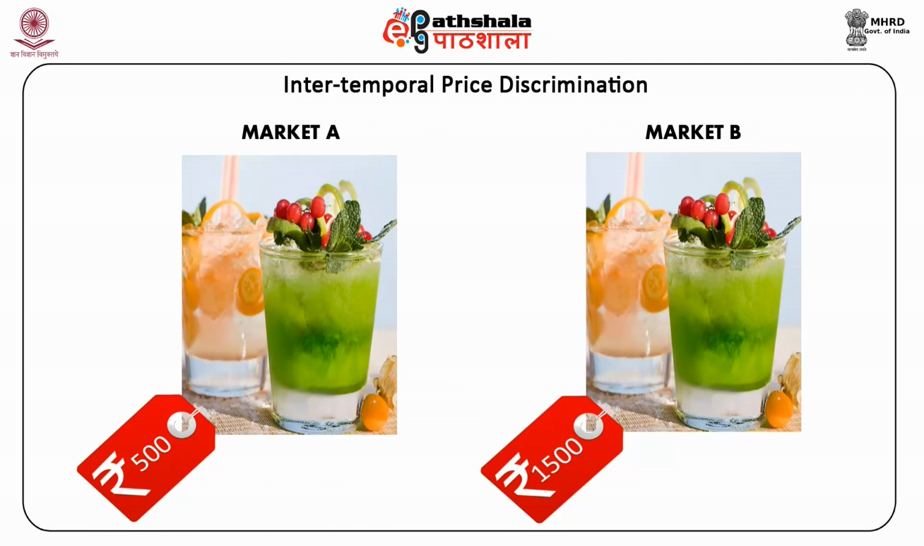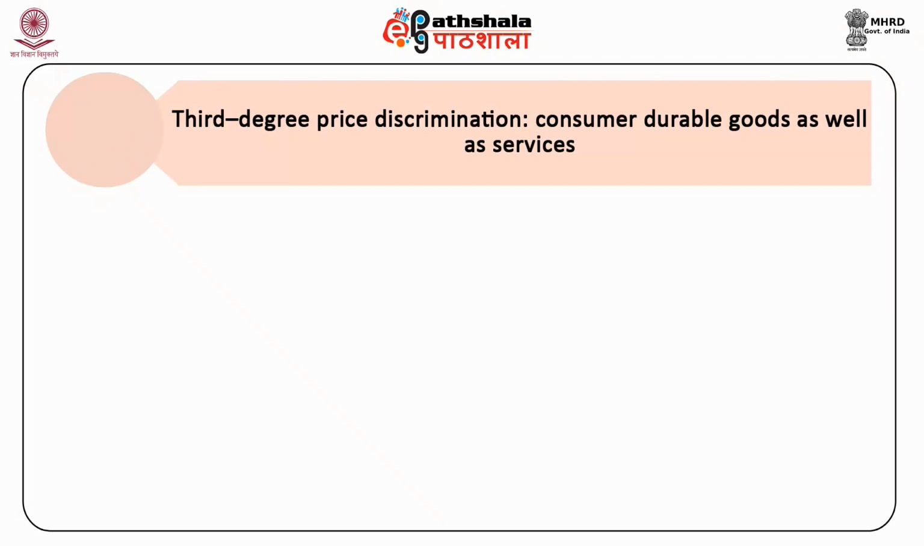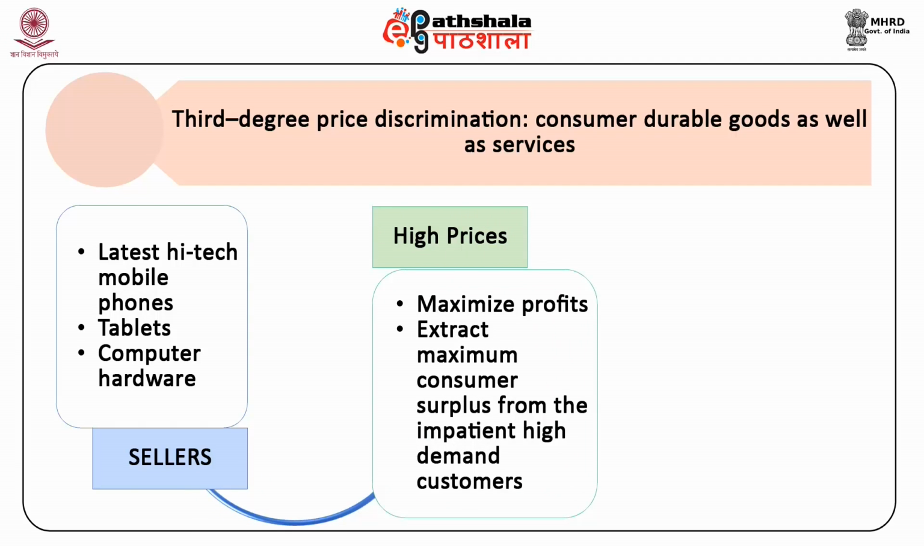Intertemporal price discrimination. Intertemporal price discrimination is a common form of third degree price discrimination frequently observed in markets for consumer durable goods as well as services. Sellers of latest high-tech mobile phones, tablets, computer hardware, or any other kind of electronic devices typically start out with high prices in order to maximize their profits and extract maximum consumer surplus from the impatient high demand customers, and